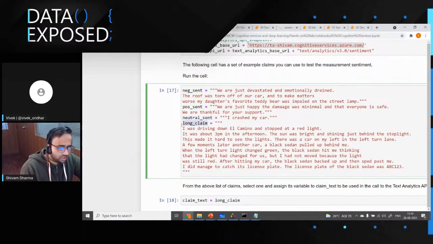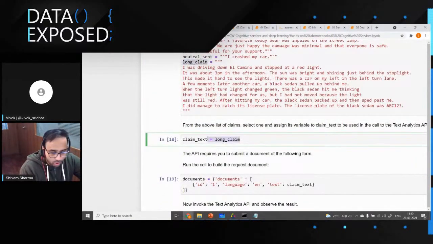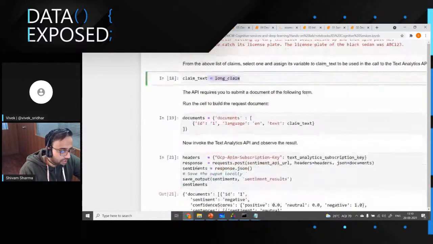And the third is a longer statement where we are expecting a line by line result back, and the overall summary of the document as well. So negative sentiment, positive, and long claim. If we put the long claim over there, you will notice it is saying that the language is English,